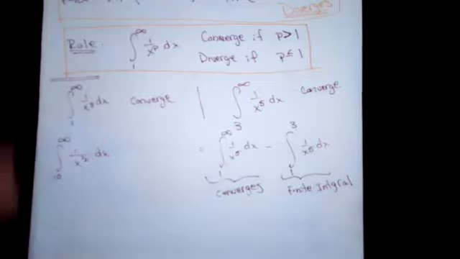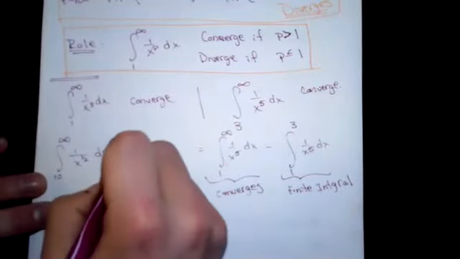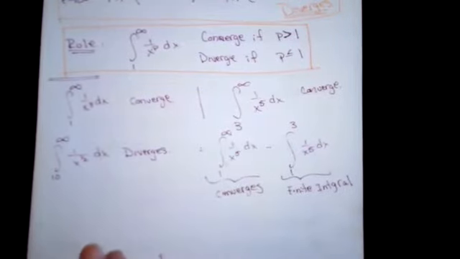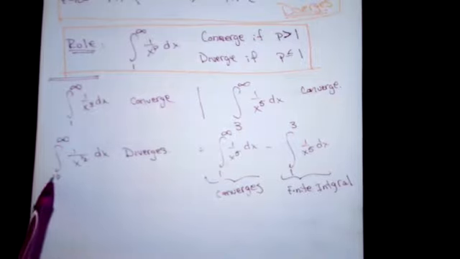So if I change the bound, say the integral from 10 to infinity of 1 over x to the 1/2, so 1 over square root of x, it still diverges. And why is that? Well, because if I start from 1 to infinity, I know I'm going to have an infinite area under that curve. Even though I'm starting later, I'm only subtracting off a finite amount of values from an infinite area.